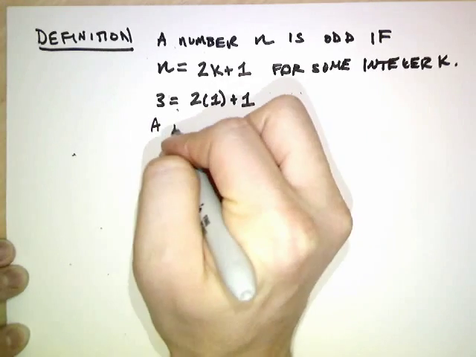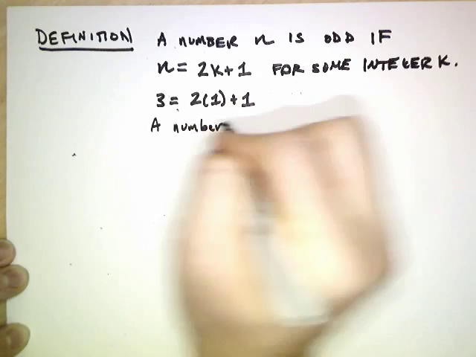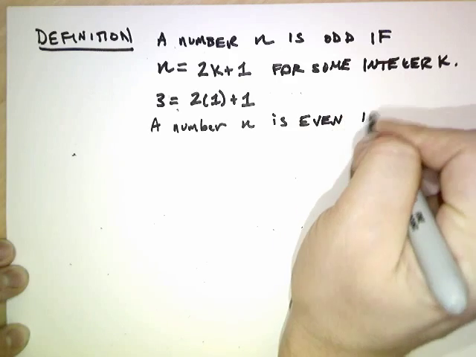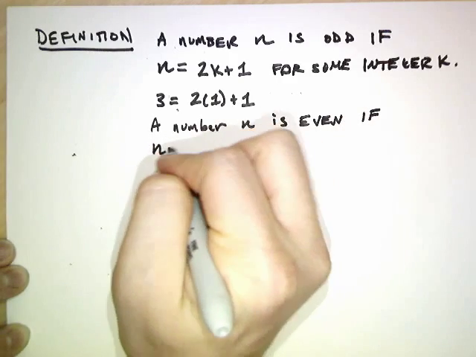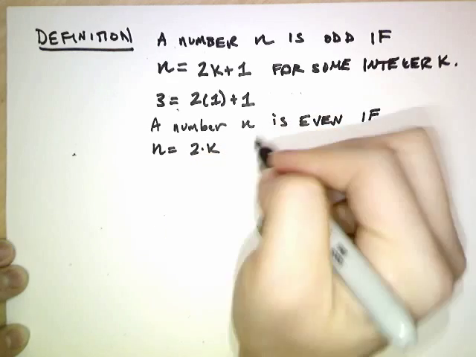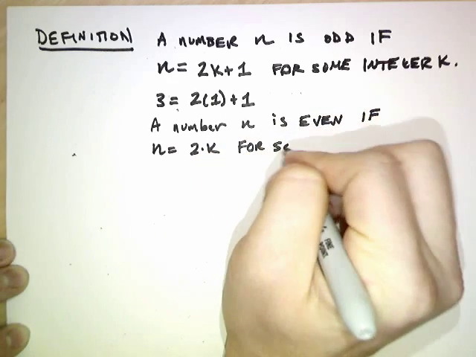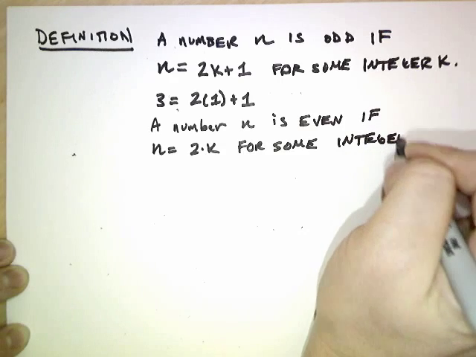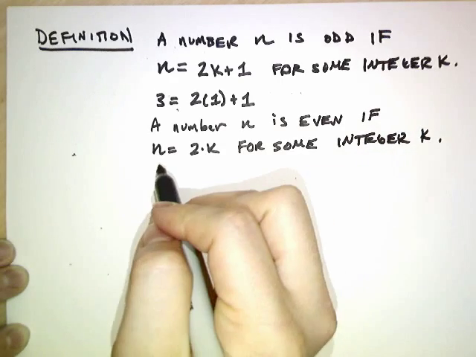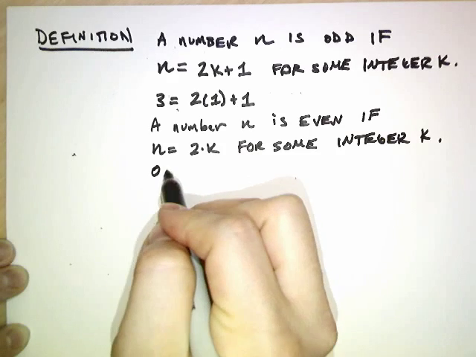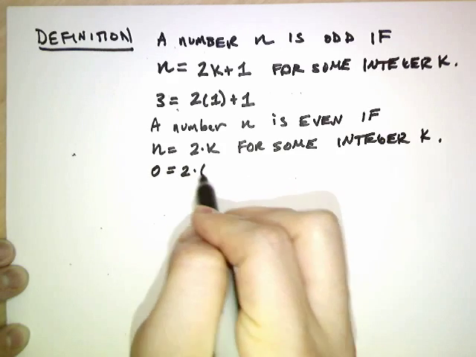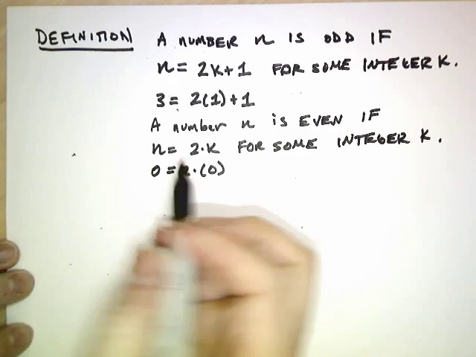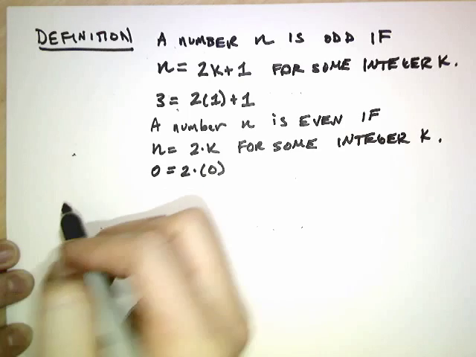And we'll also say that a number n is even if n can be written as 2 times k for some integer k. Again, for example, 0 is even because it can be written as 2 times 0. Simple enough. Now typically we're going to be interested in proving statements of the form